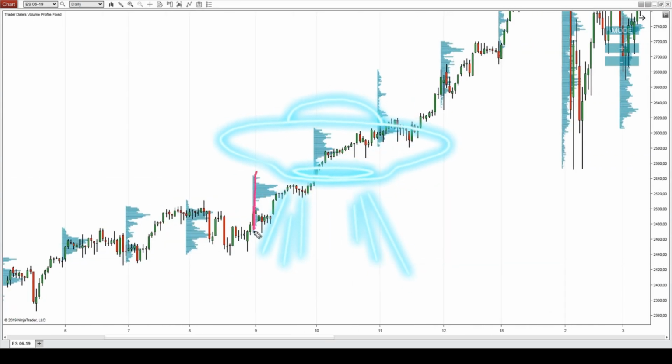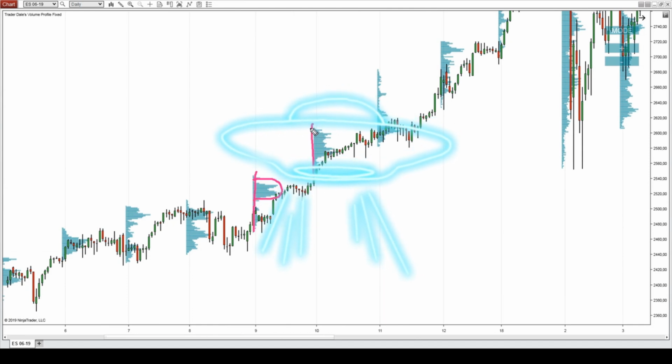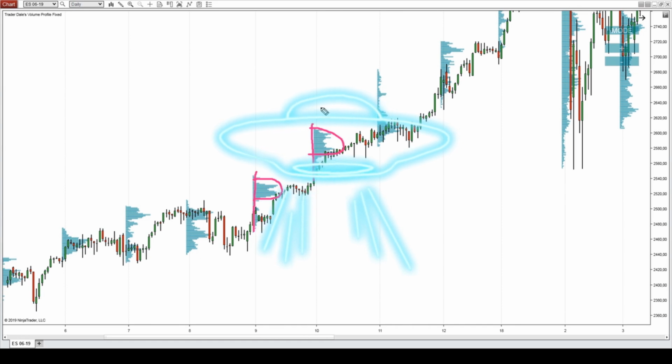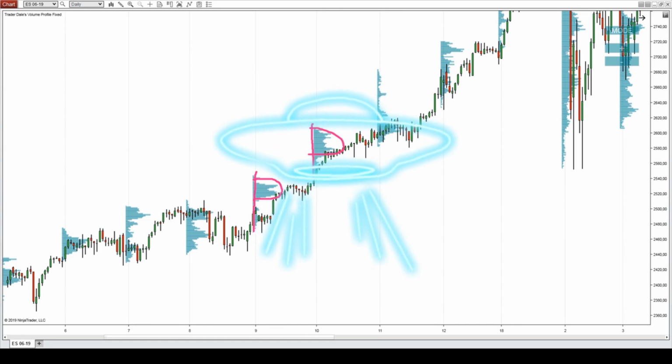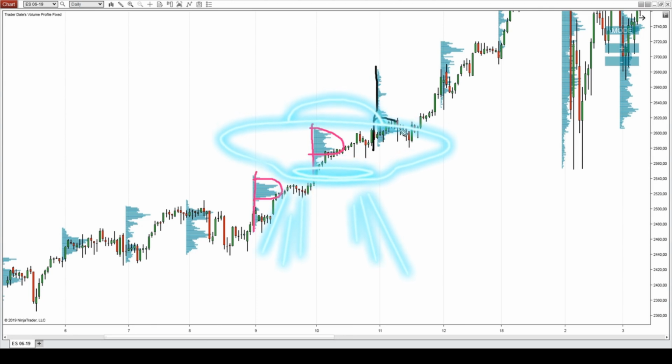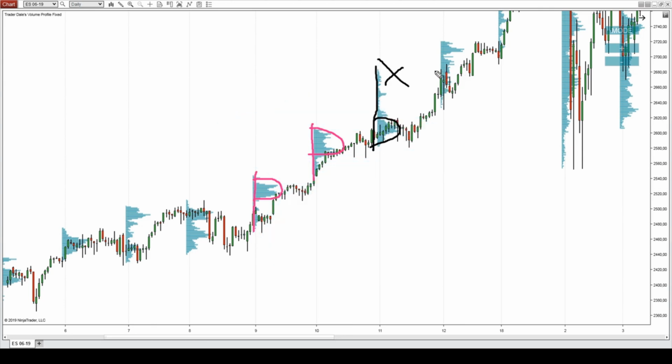Afterwards, another sign of strong buyers, a P-shaped profile. Then another P-shaped profile. Afterwards, there is something that looks like a B-shaped profile, but it is not a B-shaped profile because the price is closing above